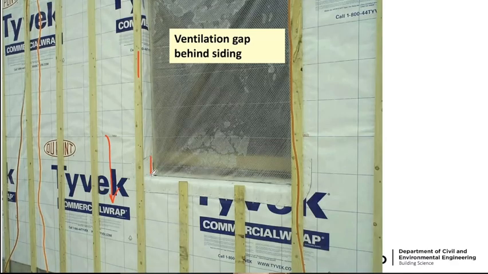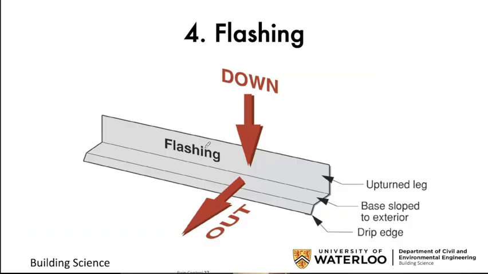Now, in this building, you'll see that there's a different product also made by DuPont, but there is a flashing that's put at the bottom of the window opening. And that's because windows leak, and we'll get into that a bit. But at the bottom of the wall, we also have flashing. The WRB, I remember I showed you, would lap over top of it, right? And water would run over the WRB onto this flashing, and the flashing is different than the WRB in that it needs to be waterproof because it's going to change direction. A pool of water will build up here, and eventually it'll run sideways and find the weep hole and find